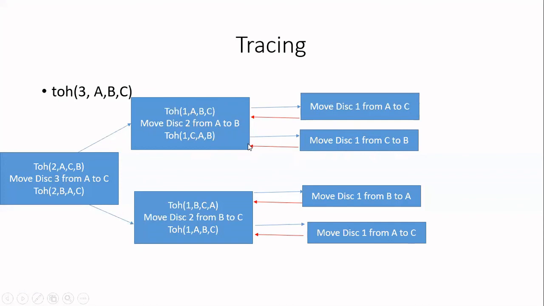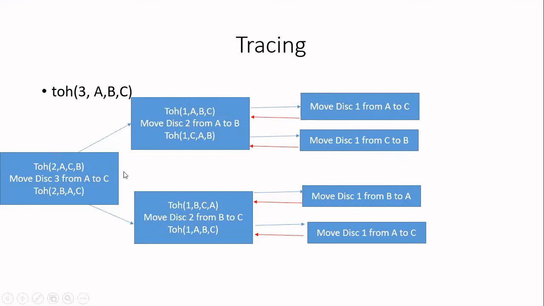Then you have the red arrow, so go back. Now nothing in this. All the three calls are over. That means you have to transfer control back to the calling function. So you go here. These three are printed due to the first call only. That is over. Now you print the second line: move disk 3 from A to C. So this is the fourth print statement. The first print statement is this one, the second one is this one, third is move disk 1 from C to B, and the fourth print statement is move disk 3 from A to C.